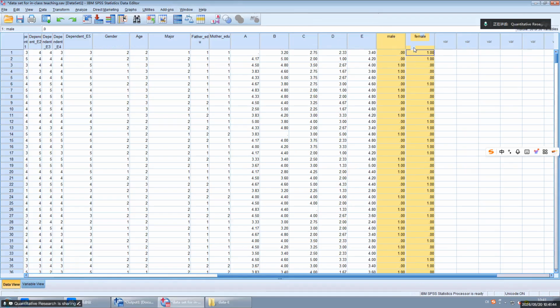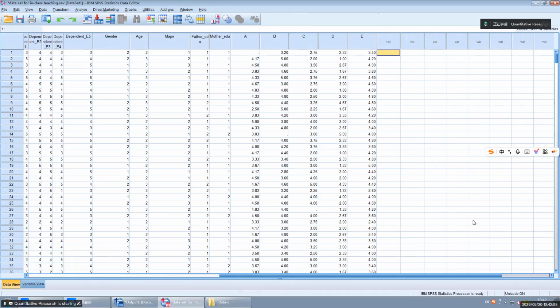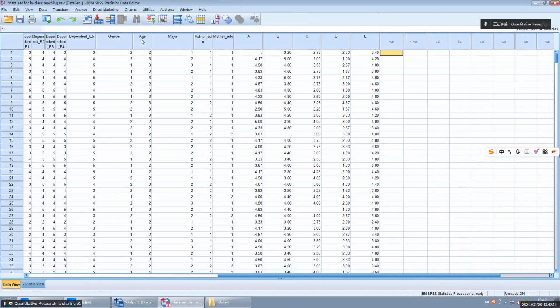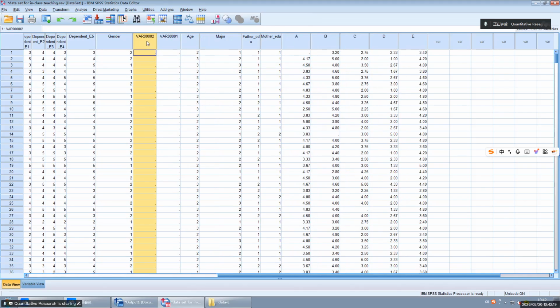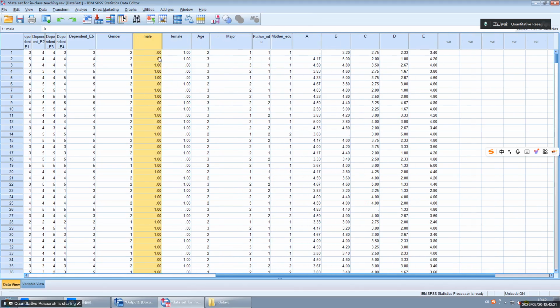So now I have 2 dummy variables for gender, male and female. I like grouping the same together, so I can cut them and position them after gender base.